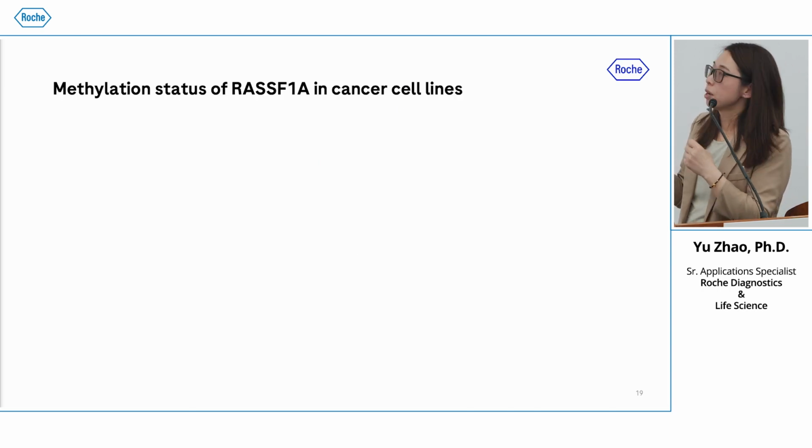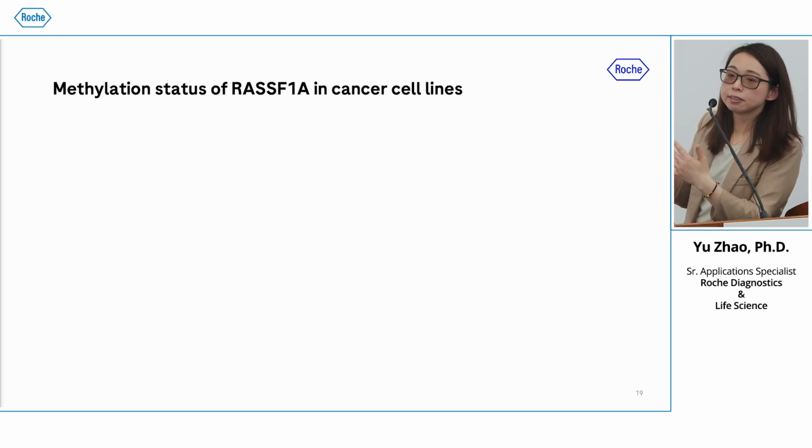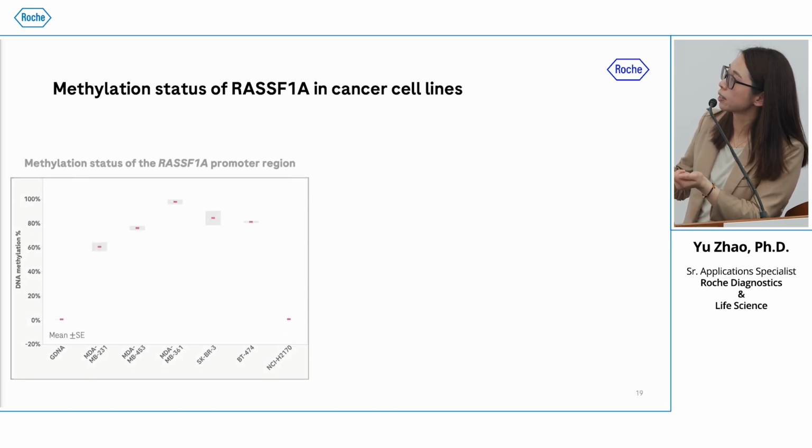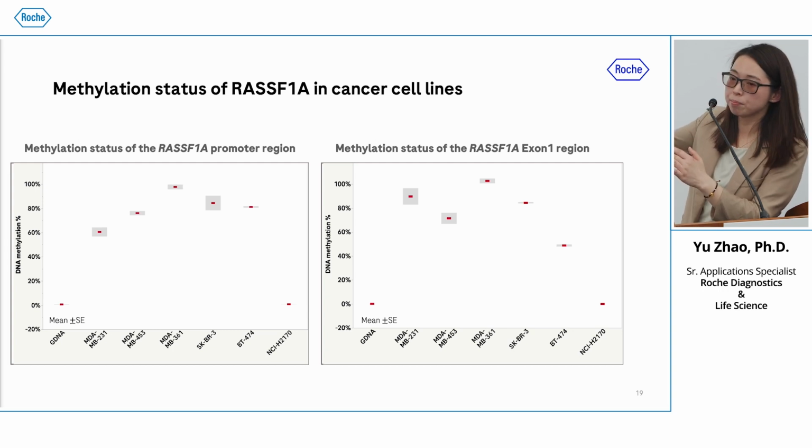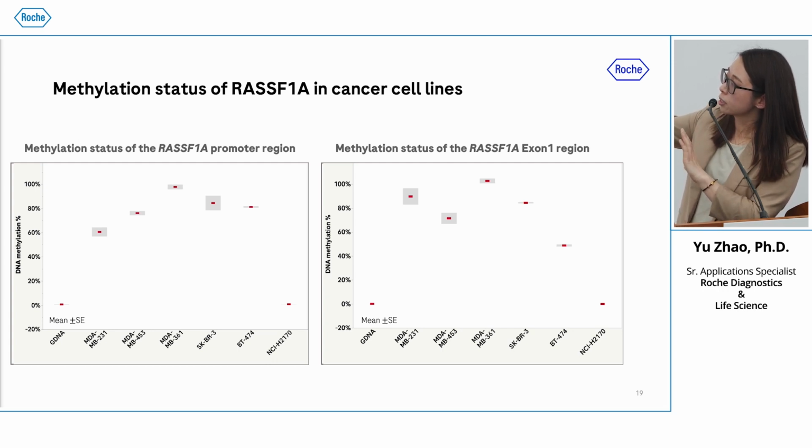So at last, we measured the methylation status in various cancer cell lines. On the left is the promoter region. As you can see, in healthy human genomic DNA, the methylated fraction was measured around 0.7%, while a broad range of methylation levels was observed in cancer cell lines. Similarly, on the exon 1 region, the methylation of healthy human genomic DNA was measured at less than 0.1%, while a